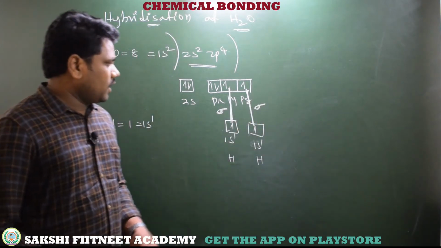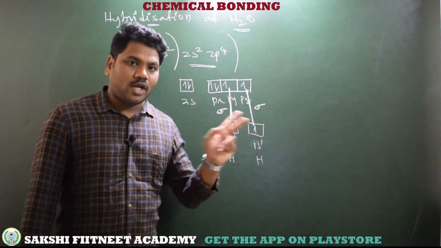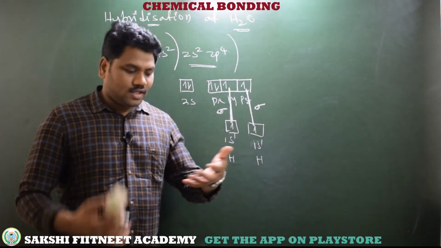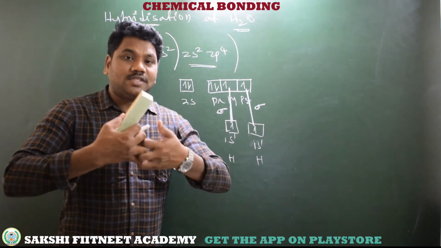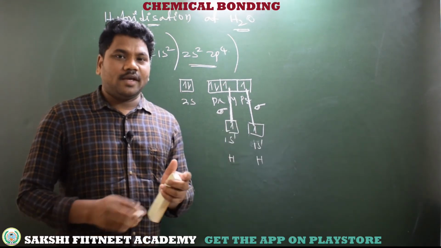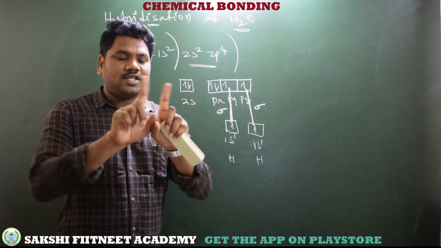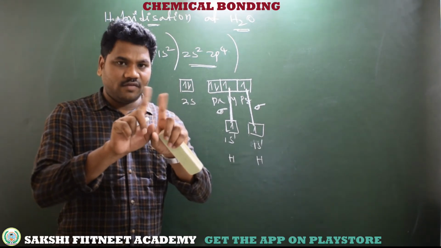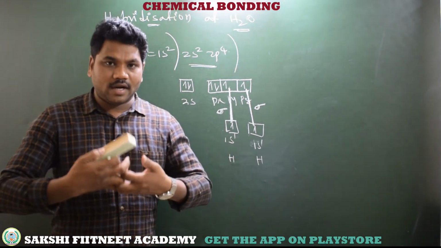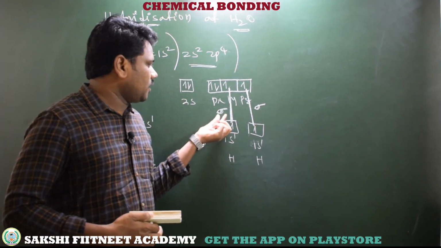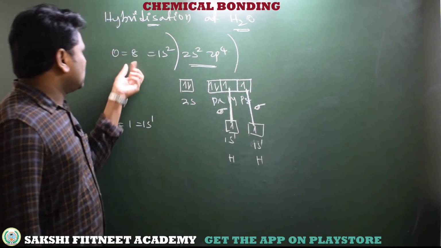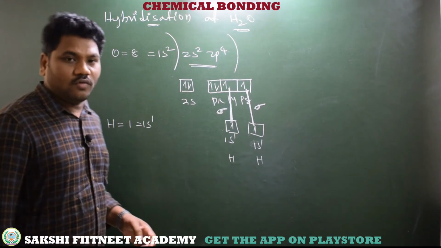In covalent compounds, there are two types of bonds: sigma bond and pi bond. When the unpaired orbitals overlap symmetrically, it gives a strong bond, called a sigma bond. When the unpaired orbitals overlap partially, that means sideways, it is a very weak bond, called a pi bond. Here these unpaired orbitals overlap properly and symmetrically, becoming a covalent bond called a sigma bond. Here is one more sigma bond. Like this, oxygen fulfills its octet rule.